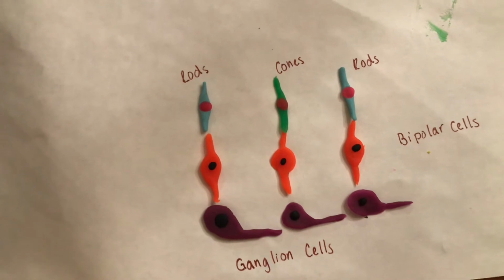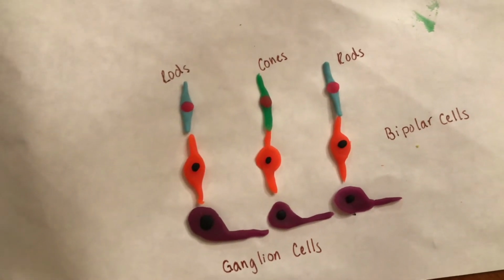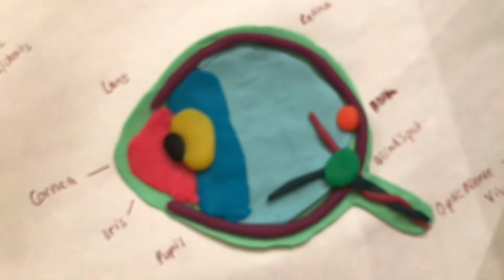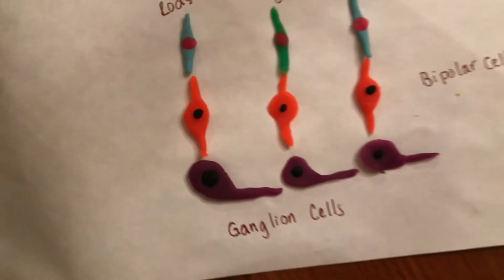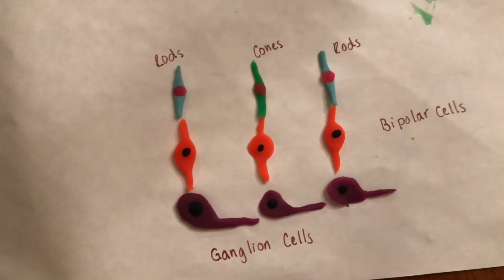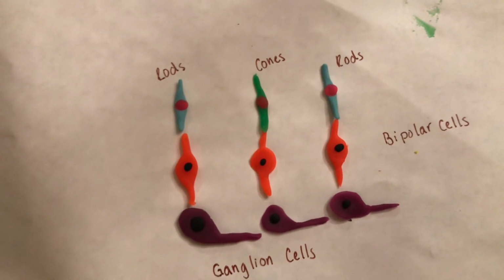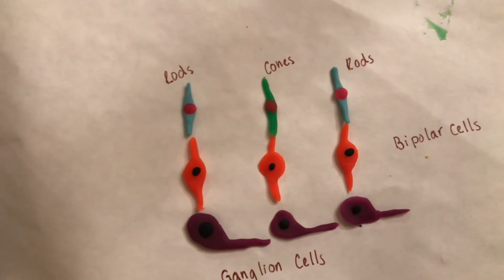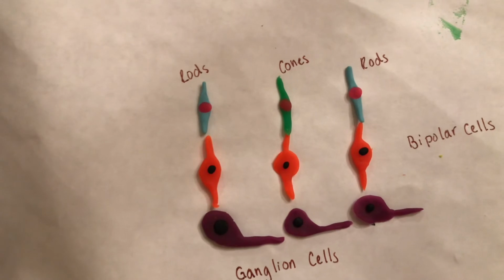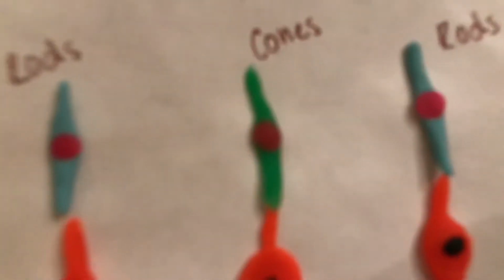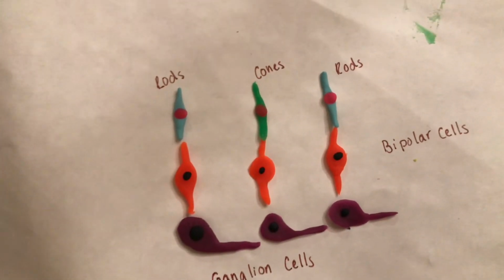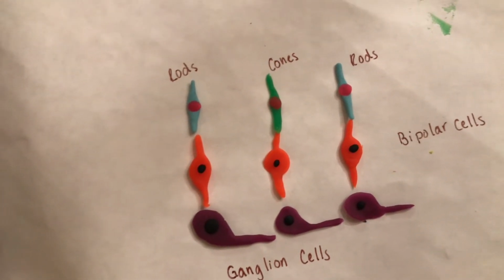Right here we've got the rods and cones. These are in the retina area around here, all around the eye, but they're very small. So here it is in more detail. The rods are represented by the little blue things at the top. These convert visual stimuli into chemicals and electrical stimuli for the central nervous system. And then the cones, represented by that green one right there, are responsible for color vision,